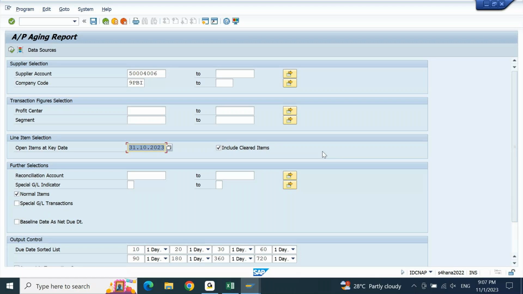If I see as on 30th October, a backdated date, the system allows you to enable include cleared items. All these small points you have to understand, you have to make a note of them when you're practicing, especially because these minute points are what are going to help you a lot in your project. If I click on execute,